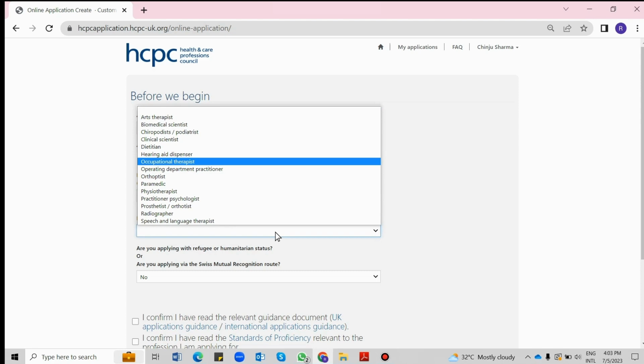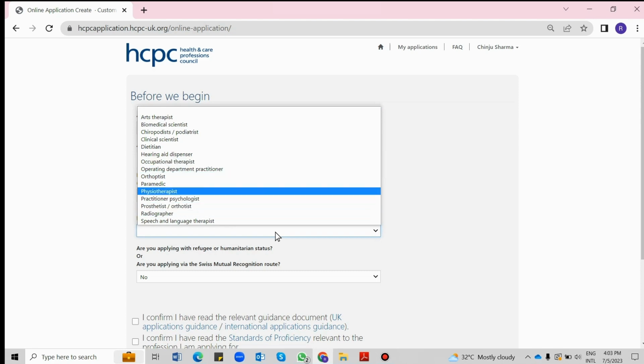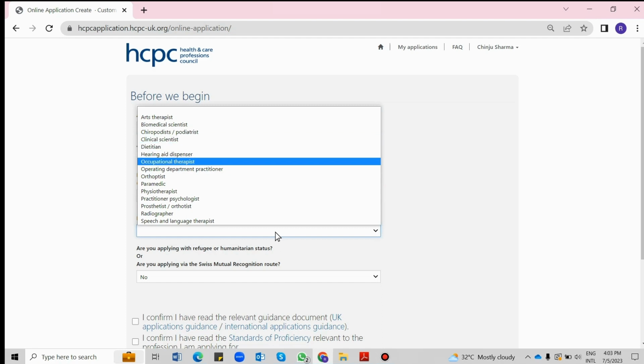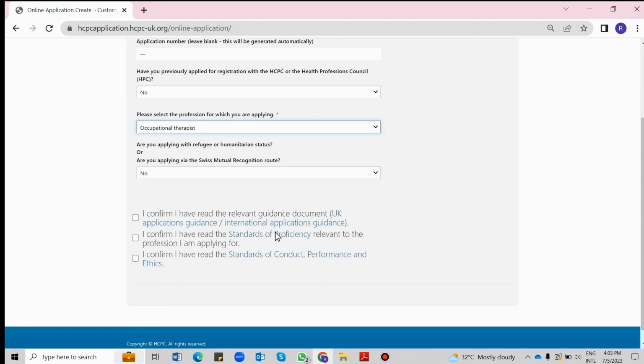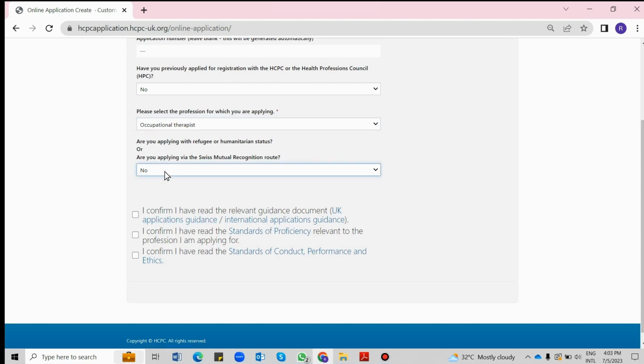If you are a physiotherapist, you can choose the same and you can choose the options as per your profession. Second, they'll ask, are you applying with refugee or humanitarian status, or are you applying with the Swiss mutual recognition route? So here I'm choosing no.